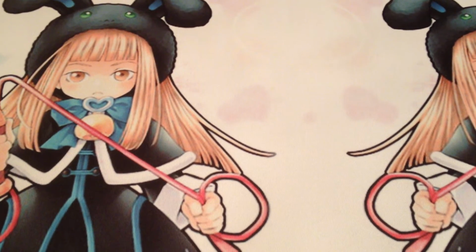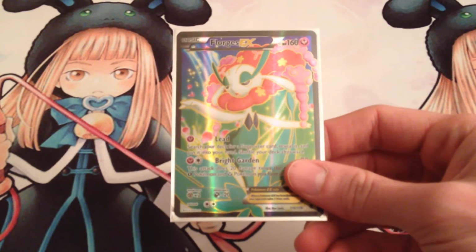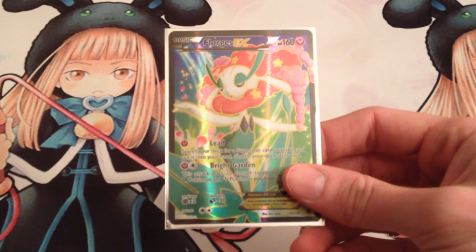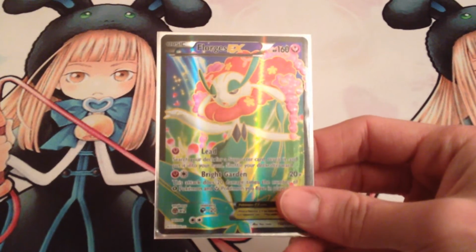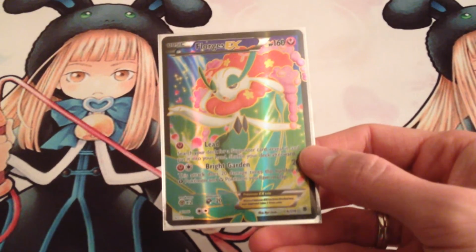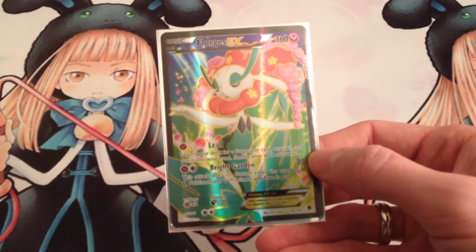The remainder of the deck was 1 Florges EX, which I was actually shaky about when I built the deck, but I found it to be quite useful. I was surprised how much I liked it. The Bright Garden 2-hit KOs pretty much anything. And occasionally when I'd get really bad hands,